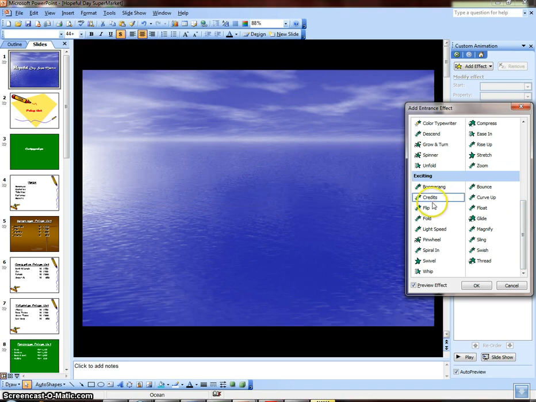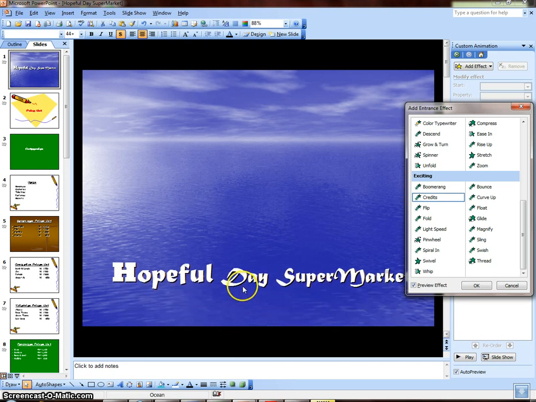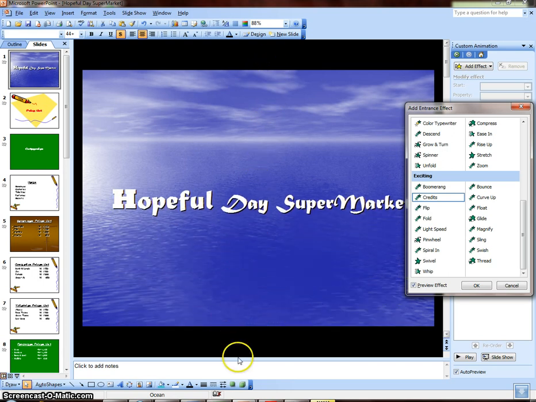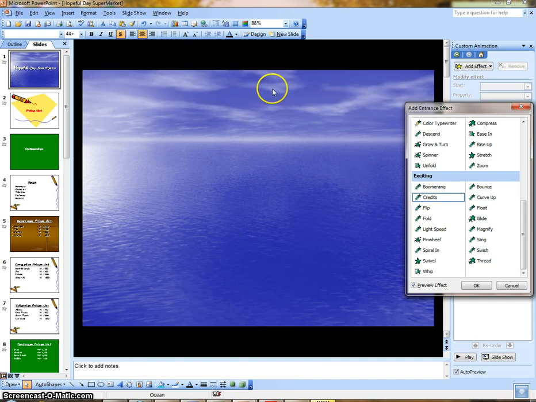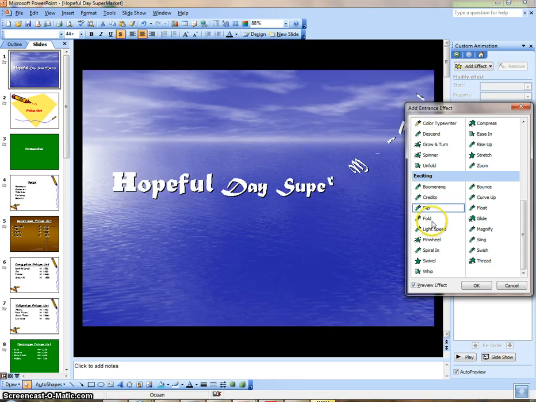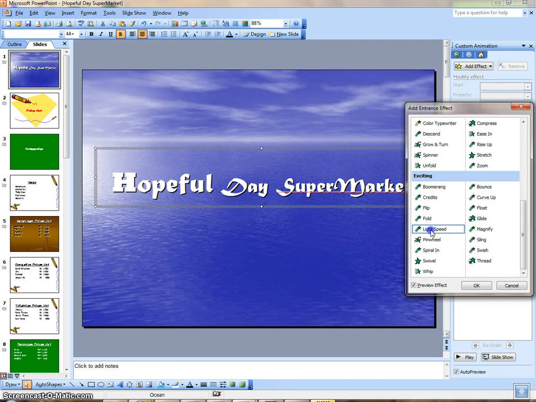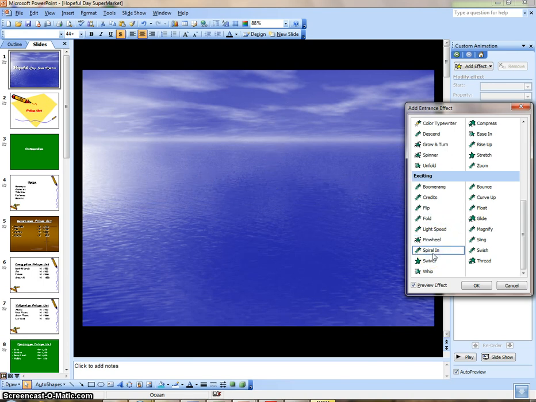credits. Credits is used for casts. This one goes from the bottom of the page out of the page. That's used for cast. We're going to use that in the next video, when we're creating movie animation. But for now, flip, fold, light speed, pinwheel, spiral,